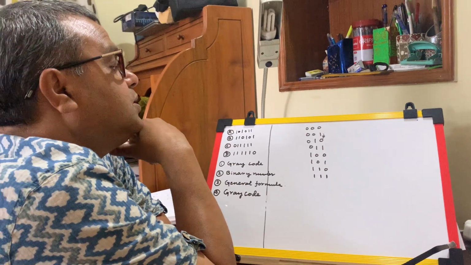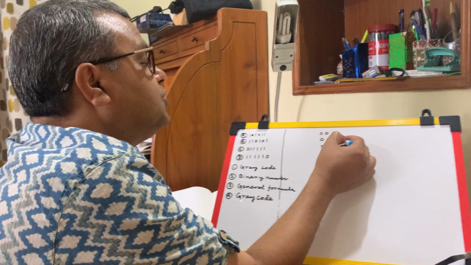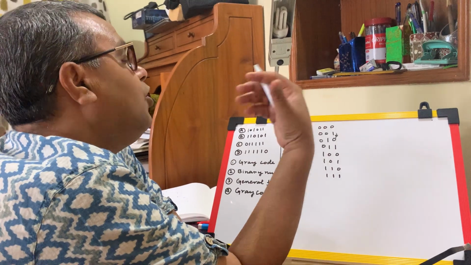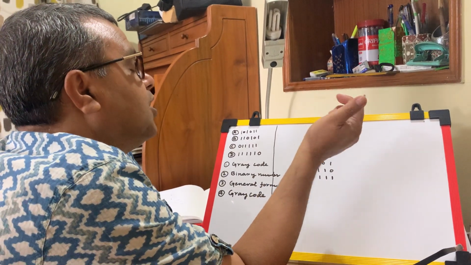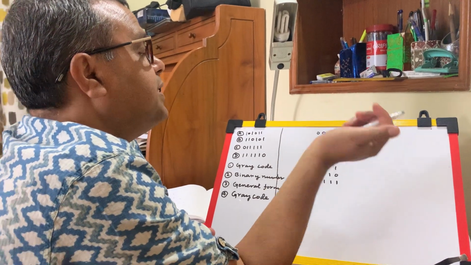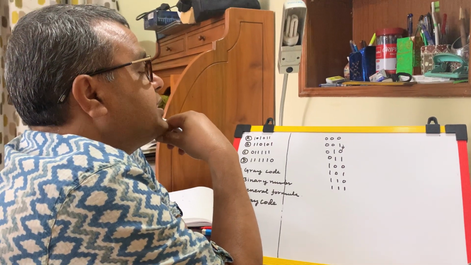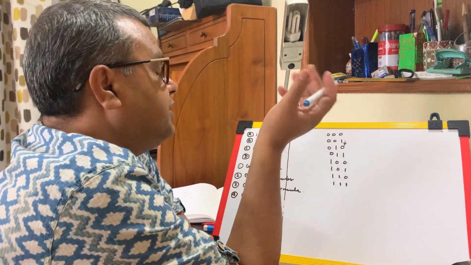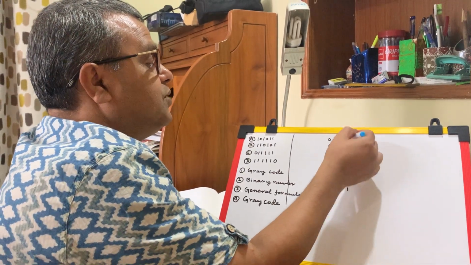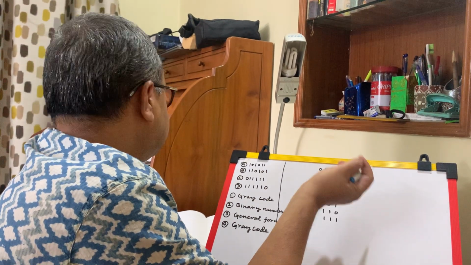But for gray code, the characteristic is that when you move from one number to the nearest other number, only 1 bit should change, and there are a lot of applications for that. Even in digital logic this is used so that glitches are fewer. It is used in Hamming coding also to detect and probably rectify the received code. So let's see how we can find binary to gray code in such a way that only 1 bit changes at a time.